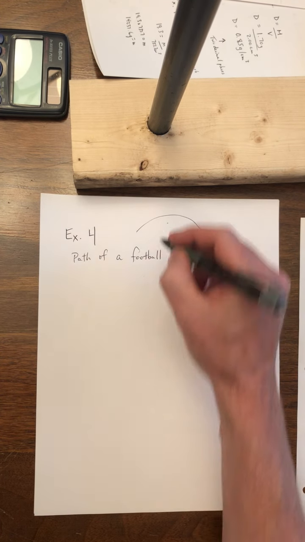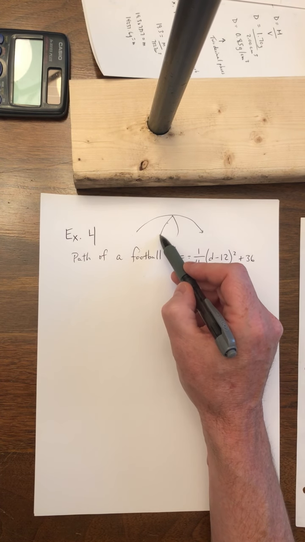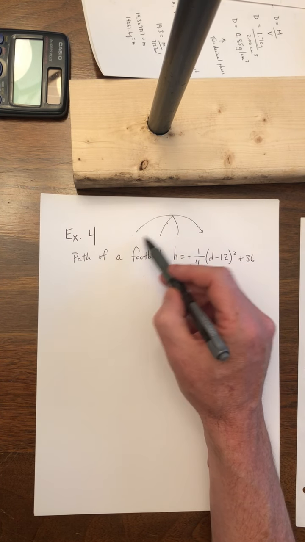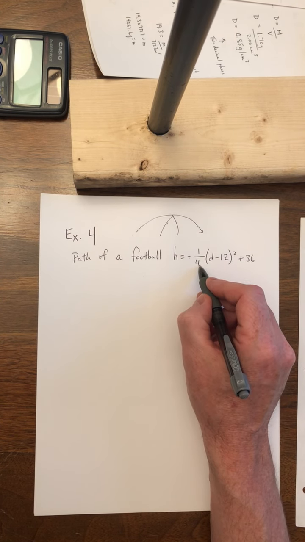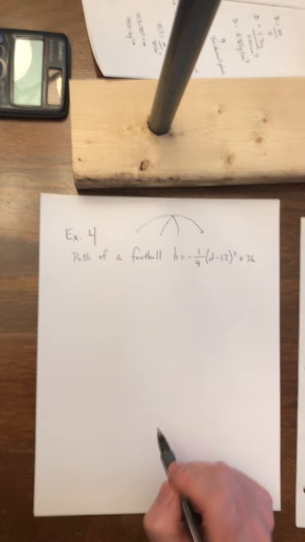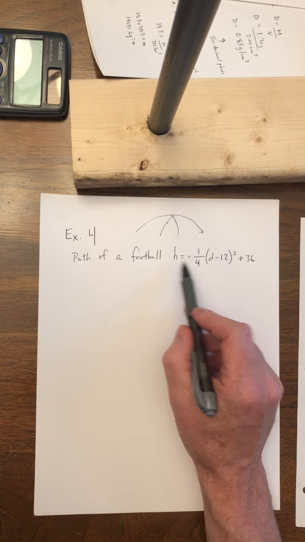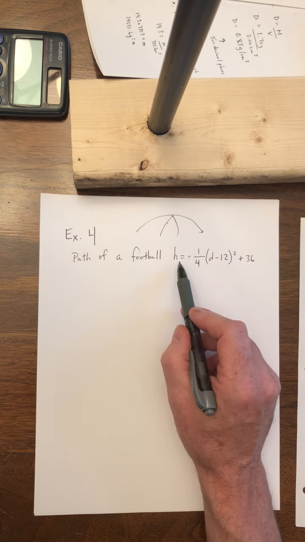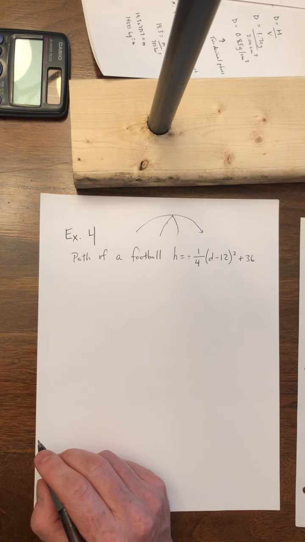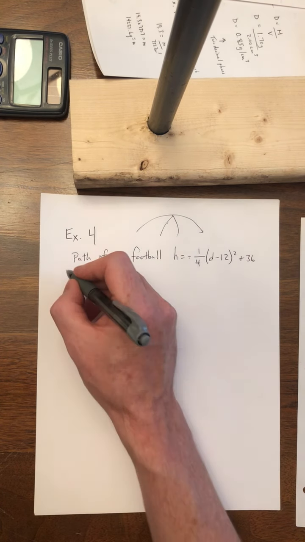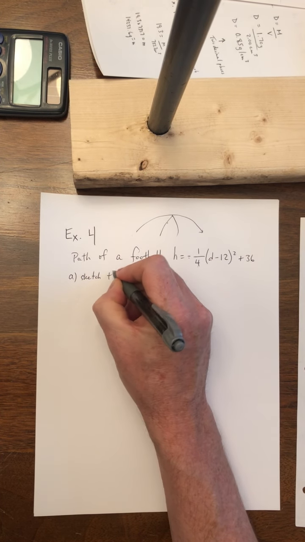A normal parabola is kind of like this. We're not throwing the ball almost straight up in the air and back down. If we're throwing it downfield, I would expect that this has been compressed, so to see a fraction there makes sense. And our x and our y have been subbed out, and we're using distance and height. So, first of all, if we were to sketch the path,